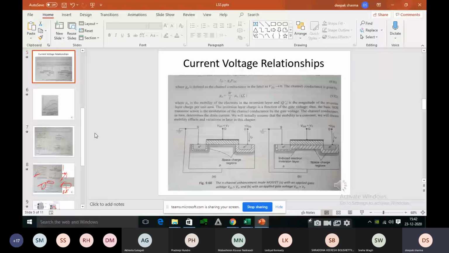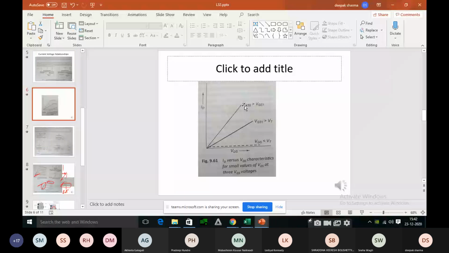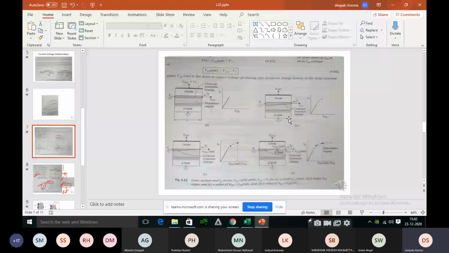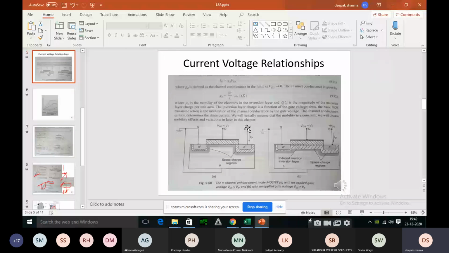So as you increase the positive potential at the gate, the current level will go on increasing, right? And that in detail it is given here. Correct? And now you go on increasing the VDS. You start increasing the VDS, the current flow will increase. Correct? It will increase,